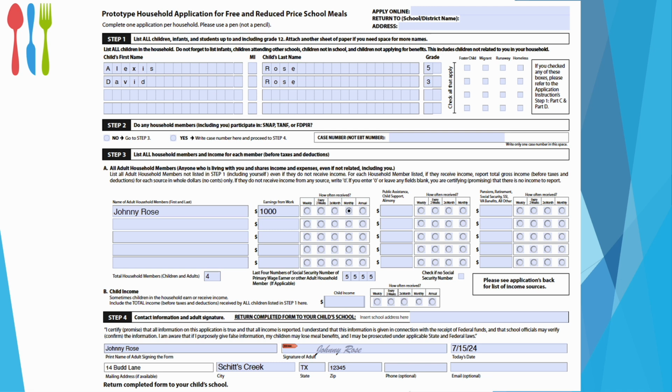Let's look at another one. So this form, again, has 2 students listed. That's fine. Step 2, blank again, no big deal. Step 3, we see an adult, we see some money, we see a frequency, I see a total household members, I see a social security number, a signature, and a date. So it has everything, but